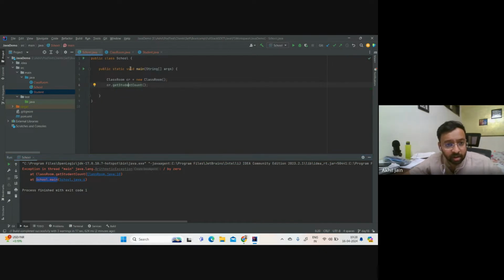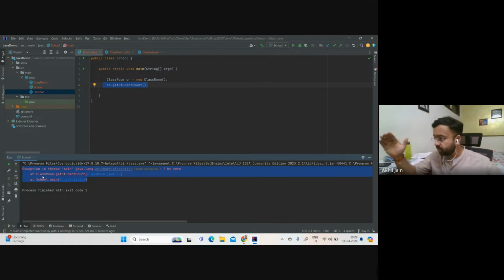If you would go there, this is the School class and this is the main method, and line number 6 is this. So you can see this stack trace is giving you a lot of information here. It is telling you what the error is, what the exception is first of all, which class of exception it belongs to. Even in ArithmeticException there could be multiple reasons. It is giving that reason, that it failed by zero. I mean, you're trying to divide by zero, so it's an exception. And it is also telling you which line of code is the faulty one, where the exception occurred, and it is also telling you what path your program took to reach there. So all of this information is very vital